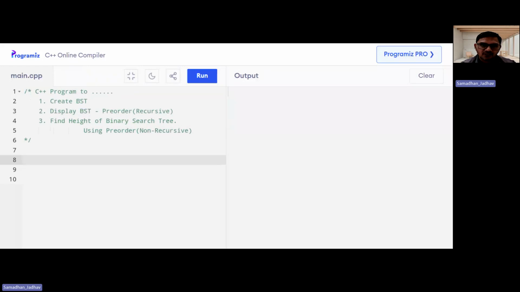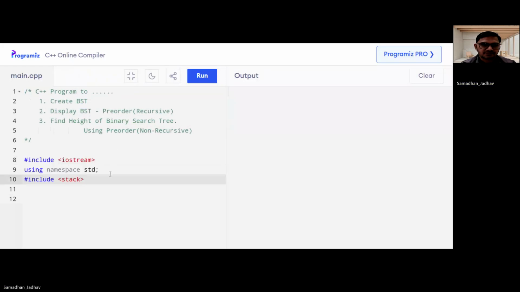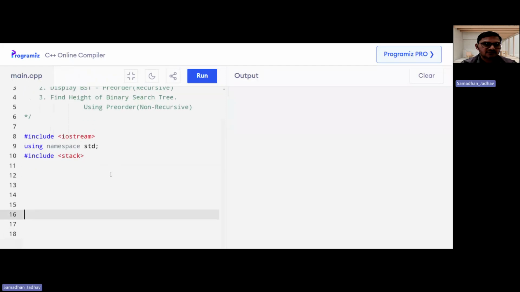Okay, so as it is a binary search tree, what we need initially is the node structure, and before a node structure we need some header files from C++. So we'll first take the C++ header files. So what are the header files we required? So these are the header files which we required. So here we have those header files. So see, these are the header files which we required: